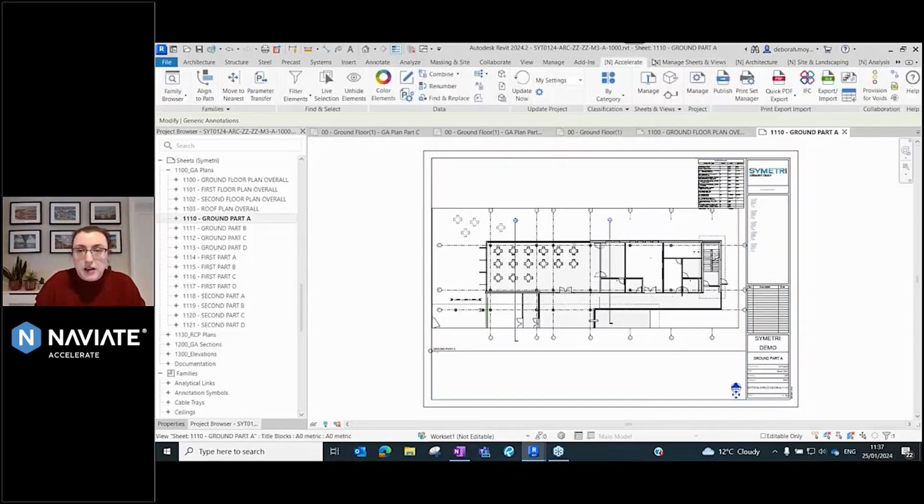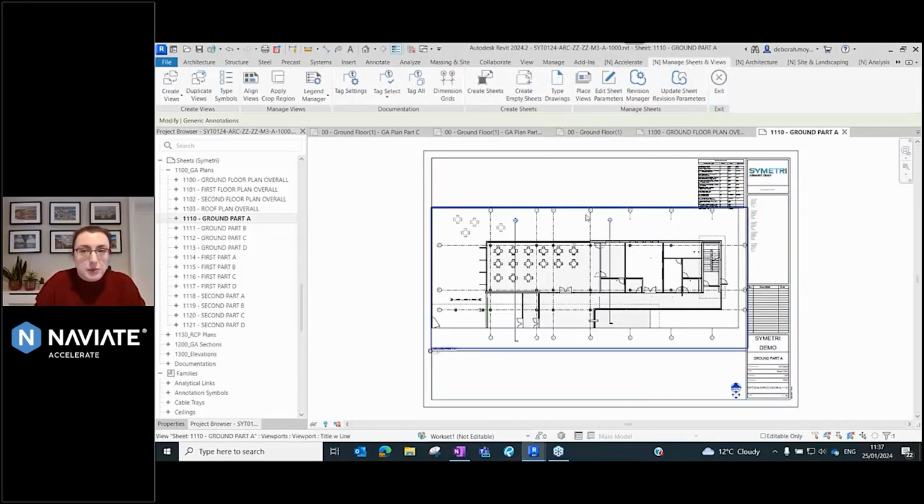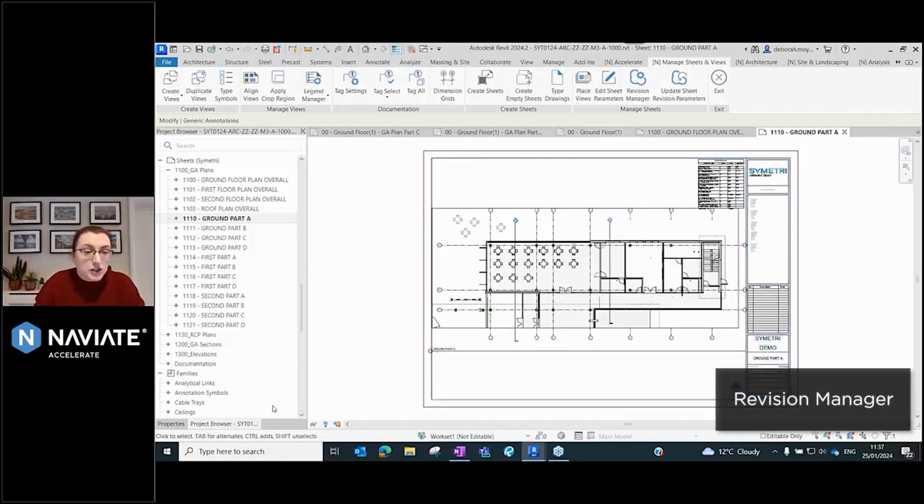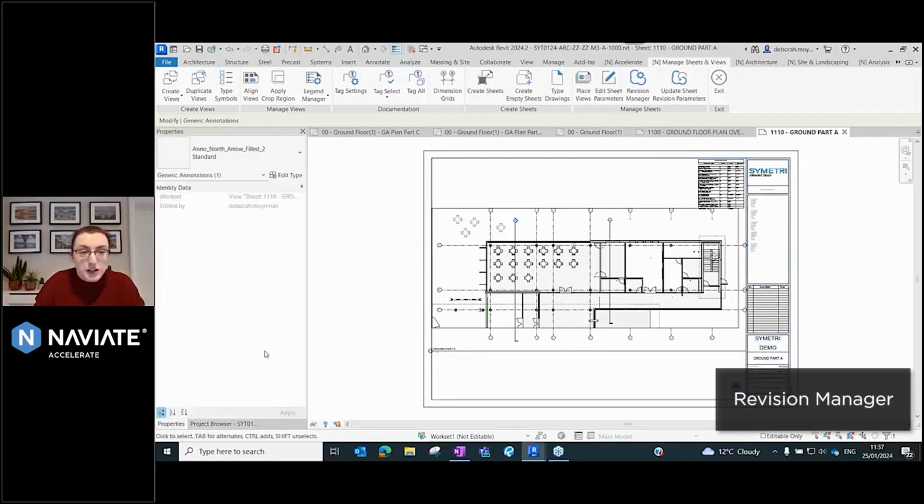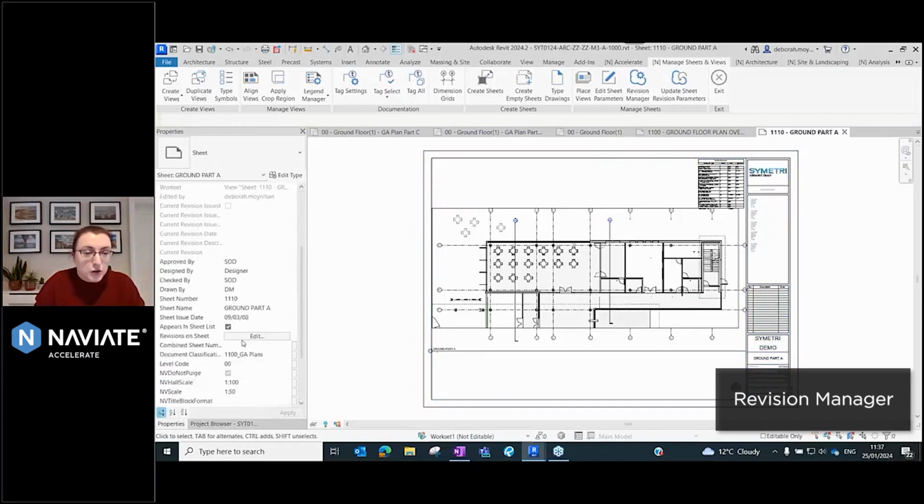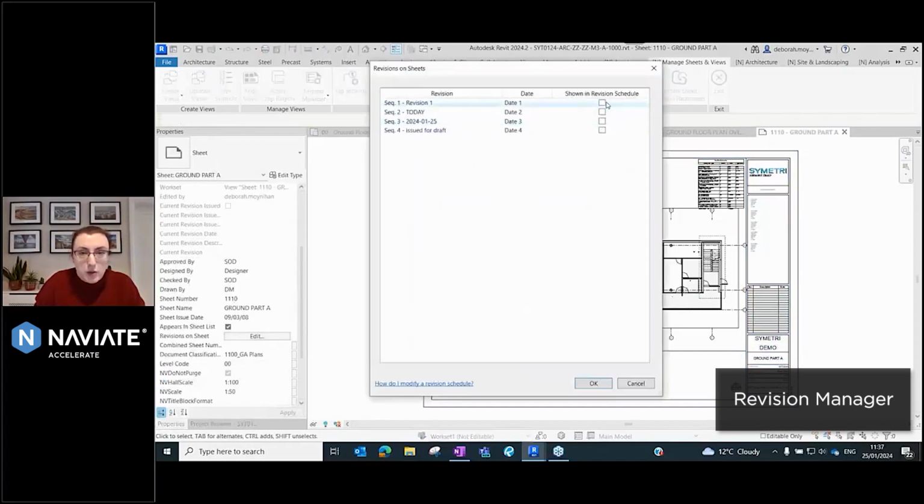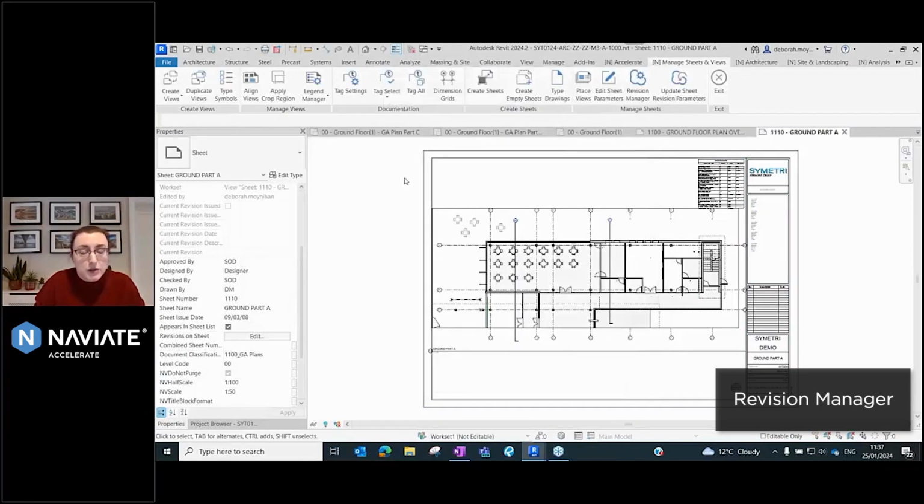If I come back now into Accelerate, into my Manage Sheets and Views box, the next thing that I want to do is I want to get my revisions on these sheets before I issue them out. So again, traditionally, if you're doing this in Revit, you're creating your revision globally, and then you're going through each sheet one by one and selecting the revision from the list. What Navigate will allow me to do is to speed this up and do all of my sheets in one go. So when I go to Revision Manager,